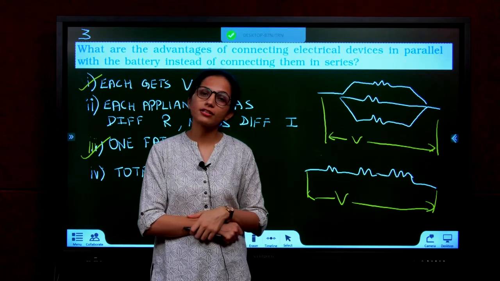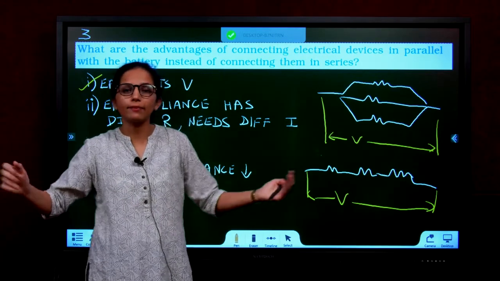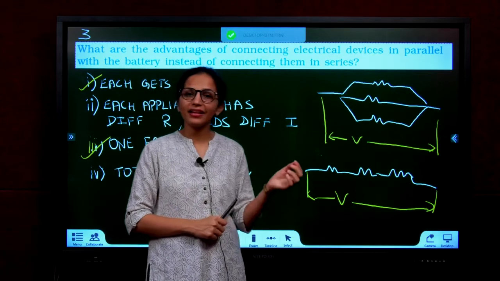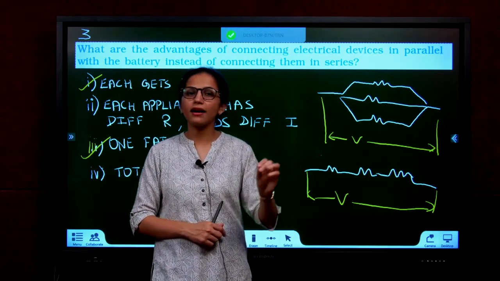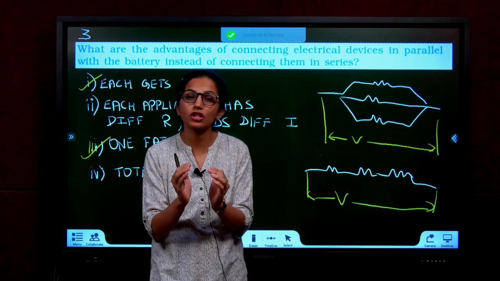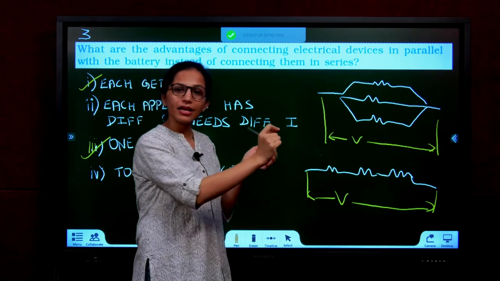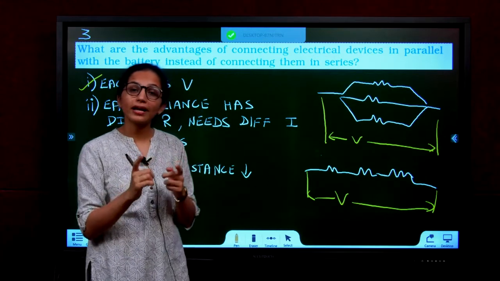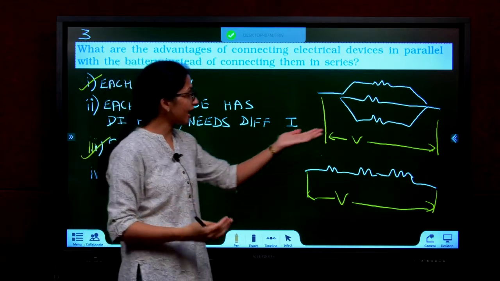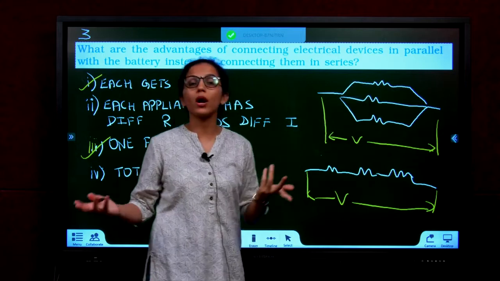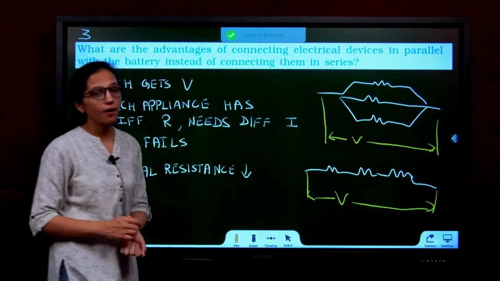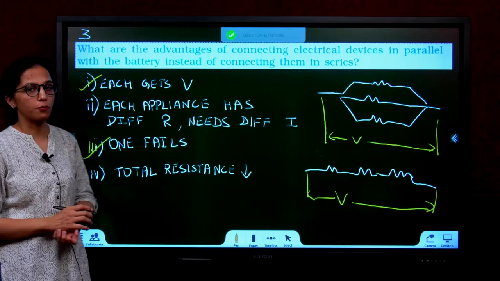Will it take more than 2 hours or less than 2 hours? It will take more time. Why? Because in the train, they are not giving 220 volts, they give only 110 volts. That is less potential. Less potential means less work can be done. So that is why we prefer more potential, meaning everyone can get the same potential, so why not? Which is why we go for parallel combination, being the first point.